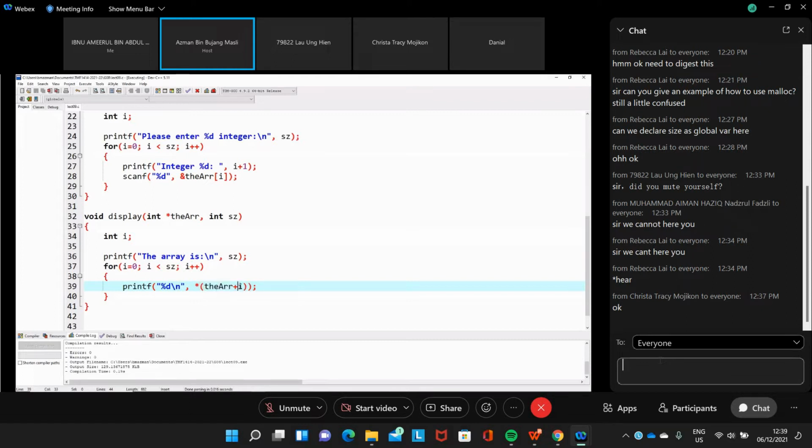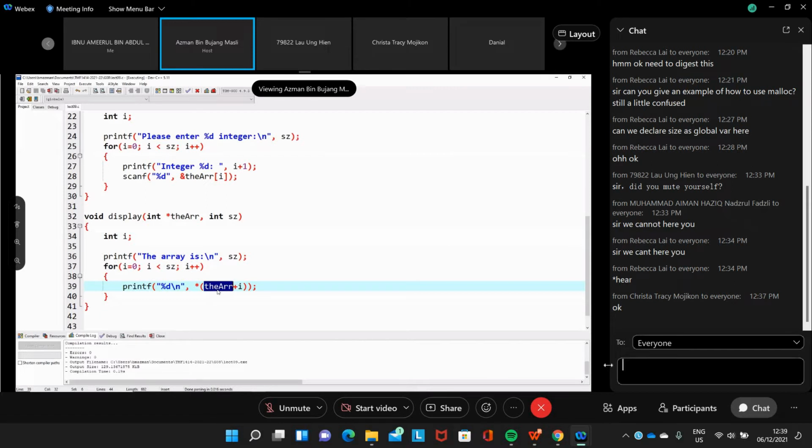The array name is a pointer, it points to the array. So this one actually points to the first element in your array. You still remember the array name contains the address of the first element, which is index 0. So when we have the array plus 0, it means we are referring to the first element.